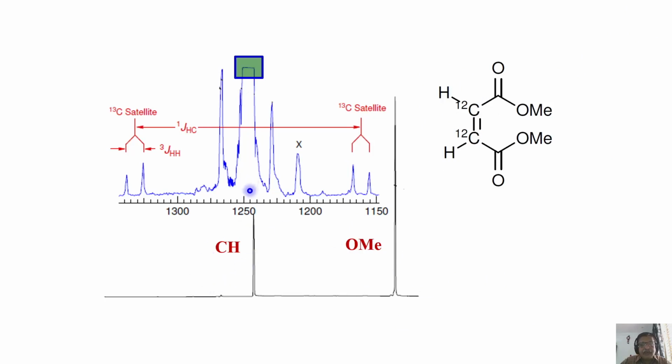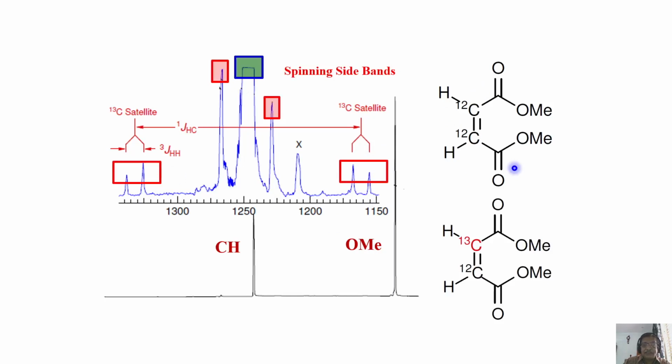So this spectrum is enhanced with a larger vertical scale. Then you see some other things. Forget about these, which come because of spinning side bands, etc. This is an impurity. When you want to see 1% of the intensity of the peak, quite likely you might see impurities, other peaks. But apart from that, if you carefully analyze, you see there are two peaks here. Why are these two peaks coming? This is because now we are looking at carbon 13 of the molecule.